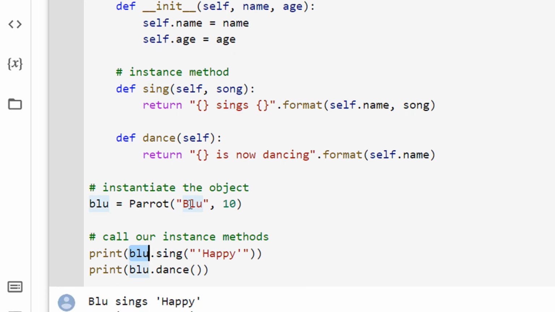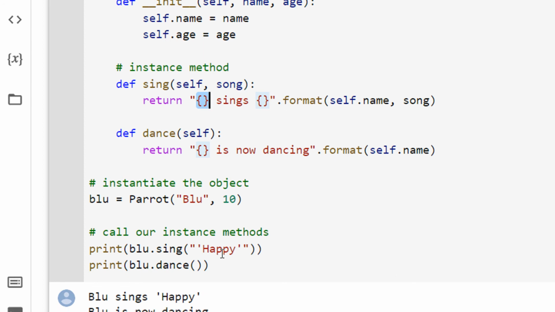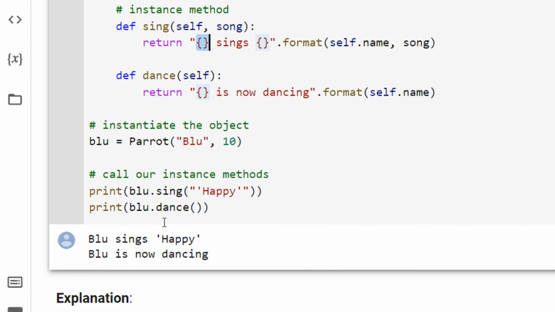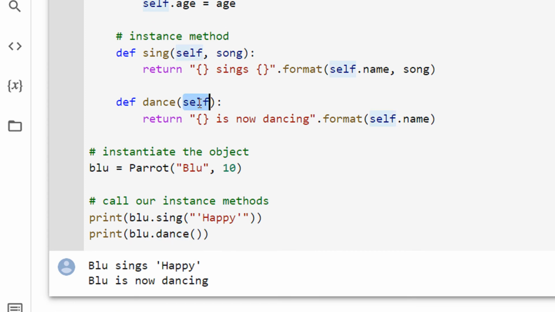Blue has the properties that the name is blue and the age is 10. The name is blue, and the song name is happy. Blue sings happy. Second, I'm calling blue.dance. I'm passing no parameters because there is only the self parameter here. So blue is dancing right now.